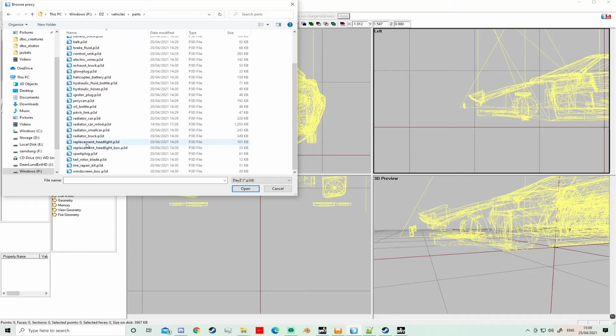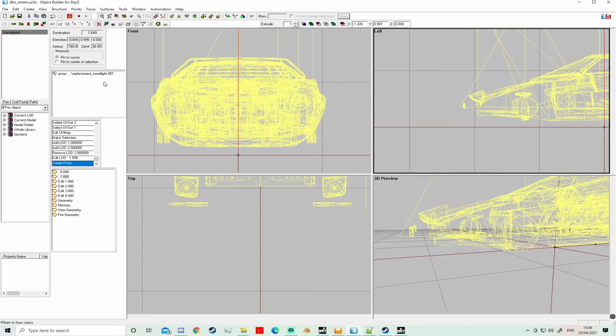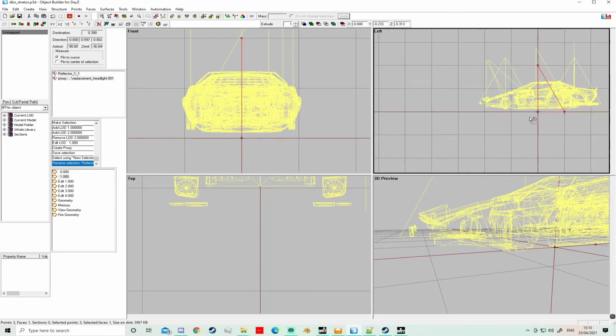Replacement headlight. That's the headlight there. That one is, oops, we don't need all the. That's reflector 1 there. Obviously we need that up near